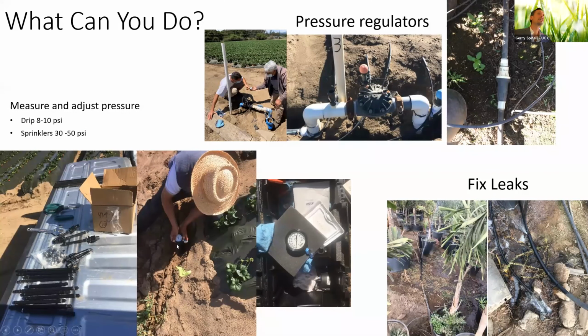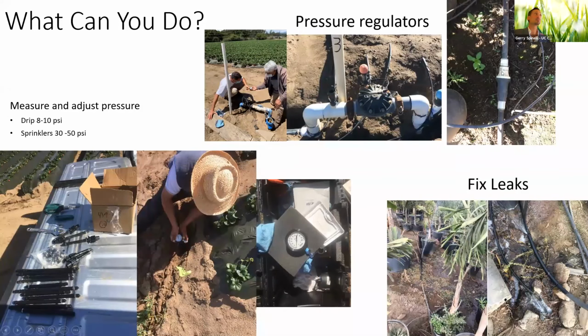What else can you do? Make sure that your irrigator has a gauge and knows how to measure pressure, and knows these two simple things, these two numbers. There is a lot that you can improve just by measuring pressure and being able to adjust it. You can buy pressure regulators, and you also will have to adjust them, and that's what my friend Miguel and I are doing here. We are adjusting the pilot valve of the pressure regulators.